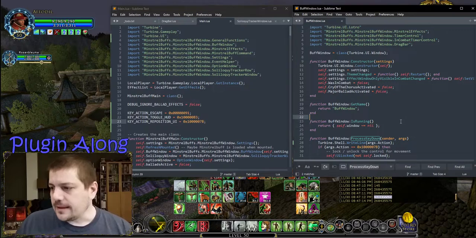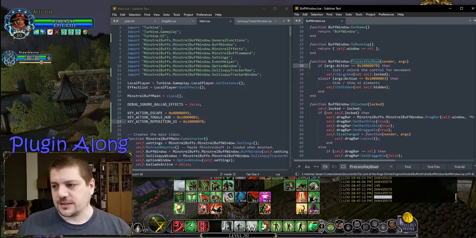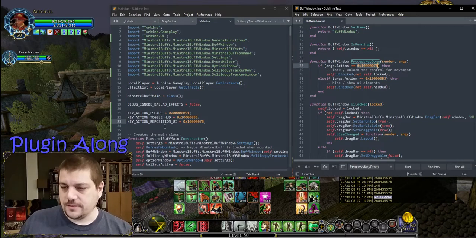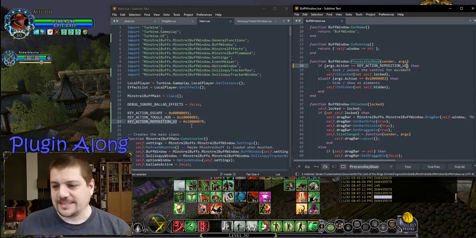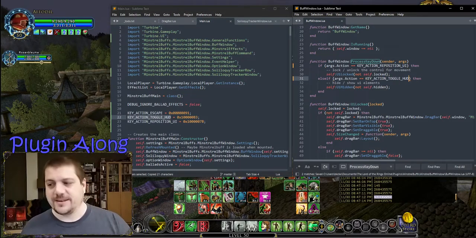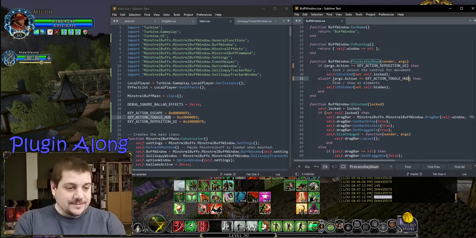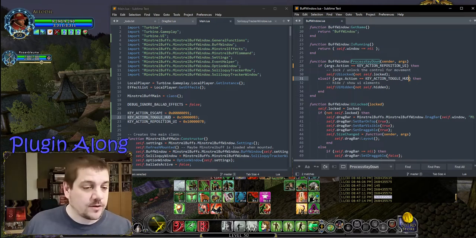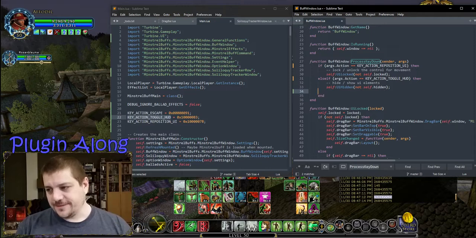Well, in process key down, okay, we're done with that. Turbine.shell.writeLine. If args equal key action reposition UI, then lock or unlock the control for movement. If action equals toggle HUD, then our heads up display, then hide or not hide based off of that. Sweet, that feels a little bit more readable. And more importantly, else if